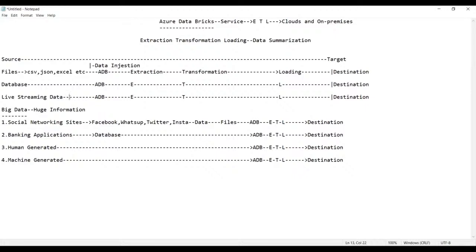Leave aside the stock market, guys. Live streaming data is more similar to a cricket match. We all must be watching the matches, am I right? In that you will have a live score. Live score is called live streaming data. Getting my point? So we can capture even the live streaming data and perform the job